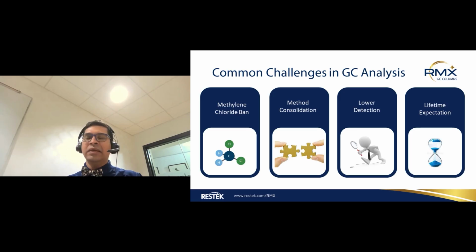The first two challenges have pushed customers to lower the detection limits, right? So they want to see lower levels of analytes in their sample. They take help of the instrument, and they also need help from a column which can achieve those lower level detections. In addition to that, the inlet and the liners also play an important role. So as a bundle, right? When you look at an optimized inlet and then the right column that can hit that sensitivity level, along with your instrument, it can help overcome these challenges.